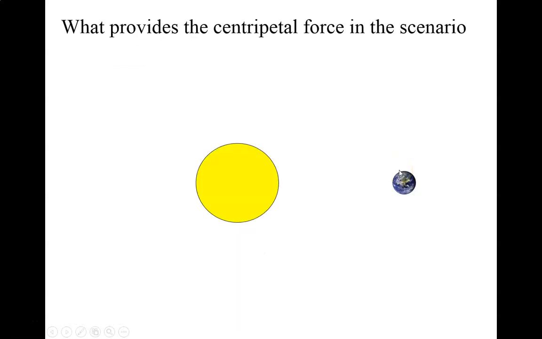So what type of force is providing the centripetal force? In this scenario here, we've got the Earth traveling around the sun. There's a constant inward force, an attractive force between these two. And the force that's causing that is gravity. The force of gravity, the attraction between the sun and the Earth, causes the Earth to travel in that